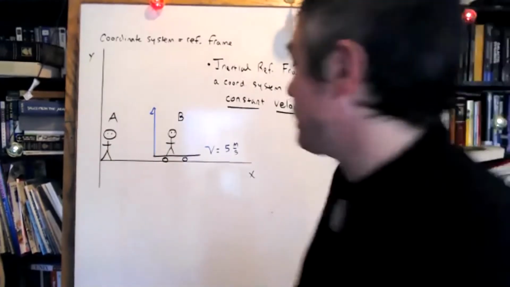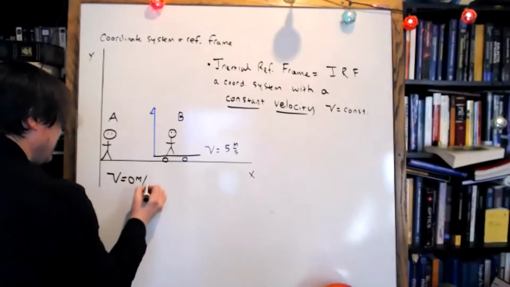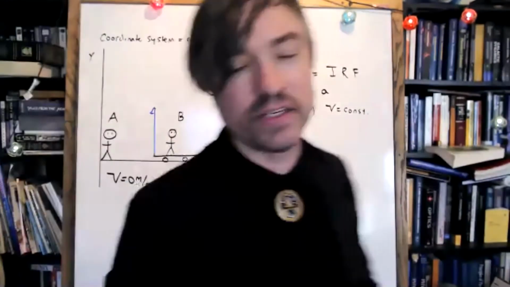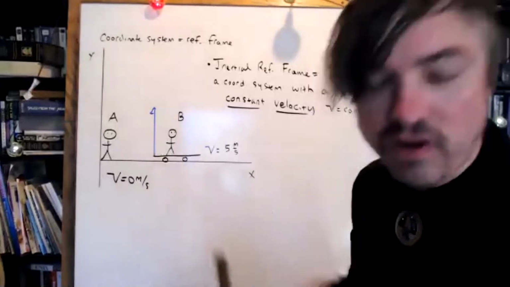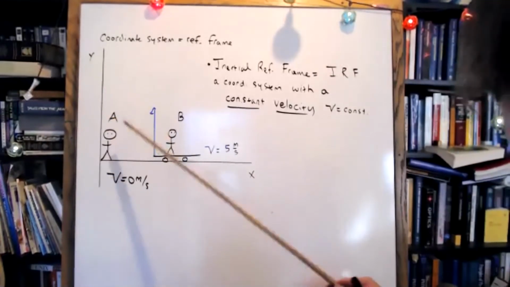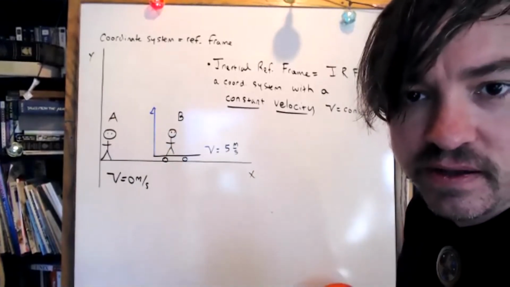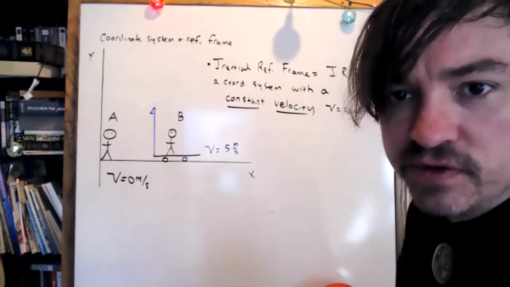You have to think about that for a moment. Never forget, students, that even if your velocity is 0 meters per second, that also constitutes an inertial reference frame. So then we both agree that observer A and observer B constitute inertial reference frames, correct? That's an important first concept.